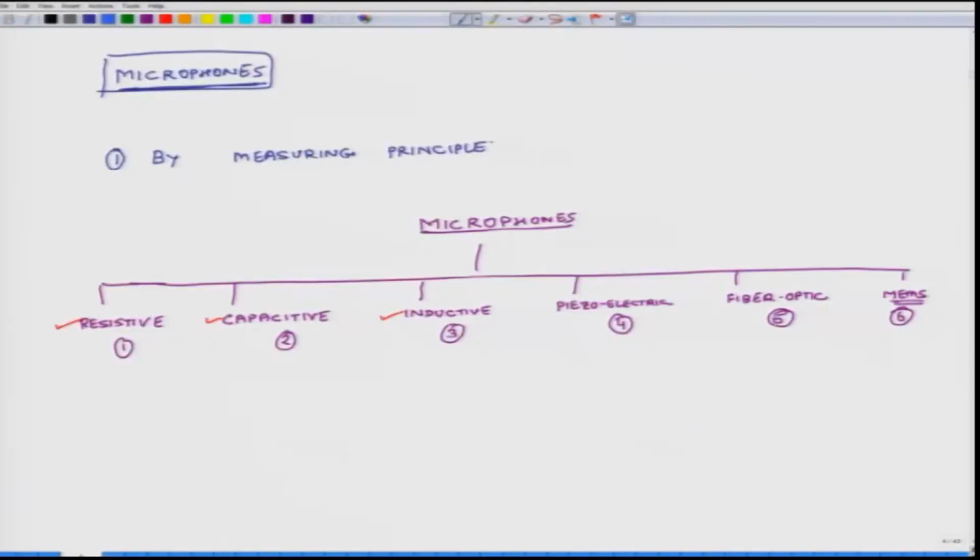Now, we are left with two more categories. One is piezo, and then we will also do fiber optic. We will not discuss too much about MEMS based microphones. So, we will discuss these two microphones, piezos and fiber optic, in the next class,